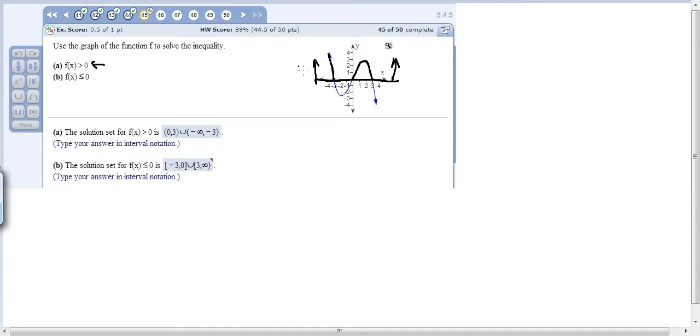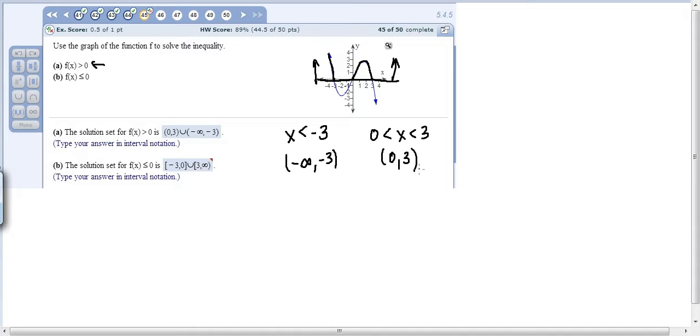Alright, now just greater than 0, so at -3 it's equal to 0, but at any value less than -3, so all the x's less than -3, this thing is greater than 0. And then here, everywhere from 0 to 3, but not including those values, because at 0 it's equal to 0, and at 3 it's equal to 0, but we just want to know greater than, not greater than or equal to. So x less than -3 is -infinity to -3, and then this one is written as the interval 0,